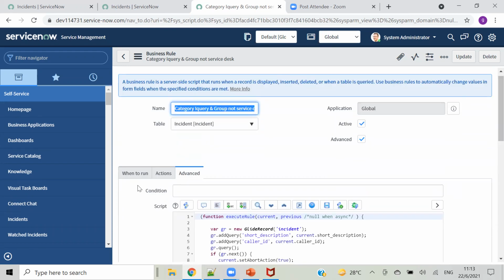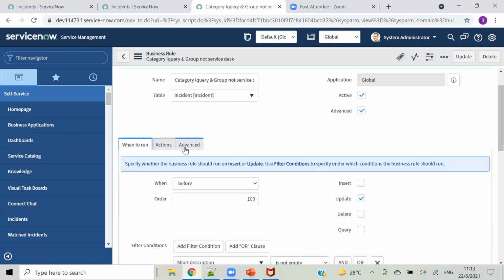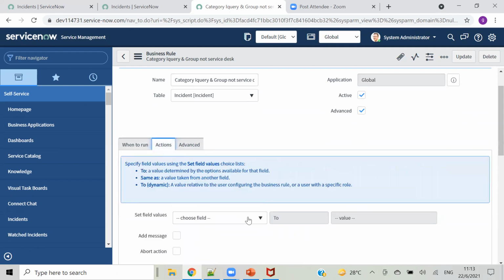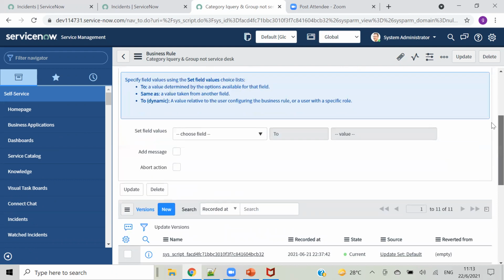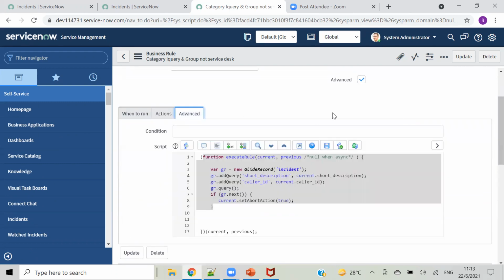Okay. Just before that, just explore this field without writing any script. For now, don't write any script and just use this condition and this action and try to create your business rules. And you can write business rules with scripting after your glide record session. Okay.